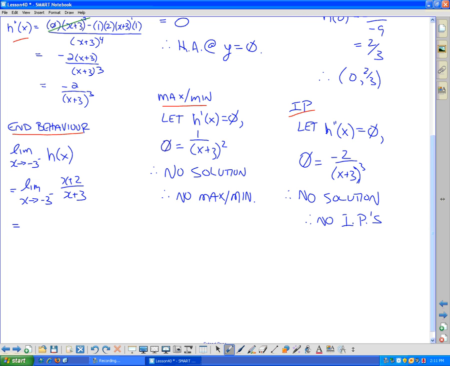So now I'm just looking at what it's going to be for a value less than -3. So if I was to put in, say, -4, I would have a negative value on top, negative value on the bottom. Negative over a negative is going to result in positive infinity, because remember, with the end behavior, we're really picking a value that's really, really, really close to -3. But if we pick -3, we'd be dividing by 0. So we're really picking